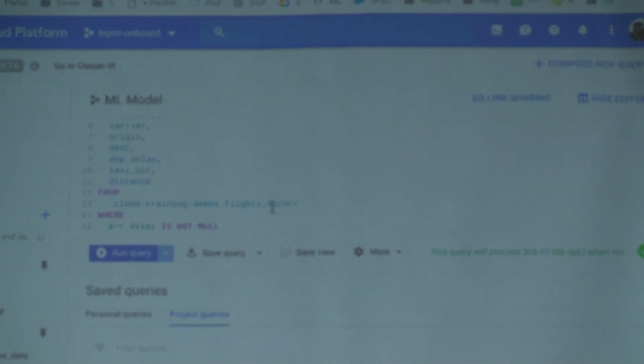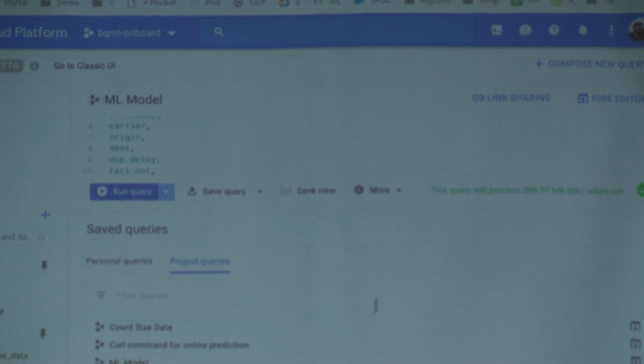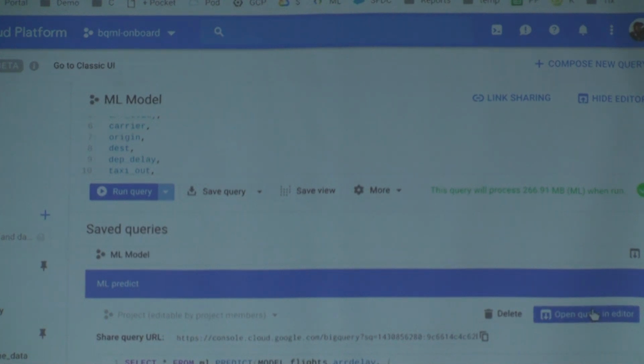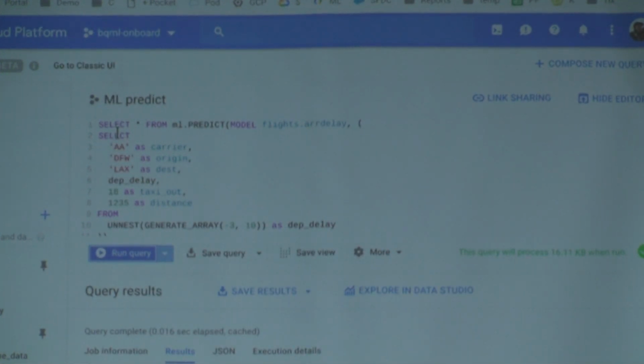Right, so I'm not going to run this. It takes about a minute or so. But I've already created a model ahead of time. And what that allows me to do after a model is created is to write another query to do prediction on it. So I'm just going to hit run here first. But you see that essentially this is just another query, right? So I'm calling this particular model, which is the one that I just created in the last